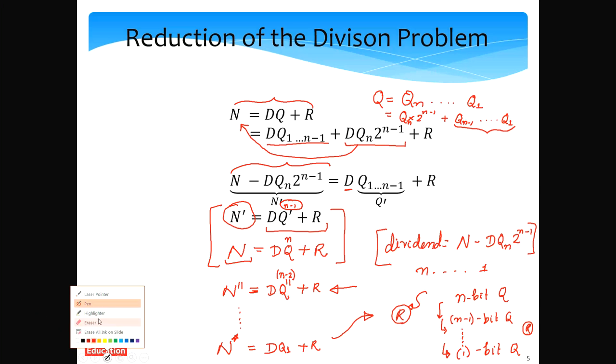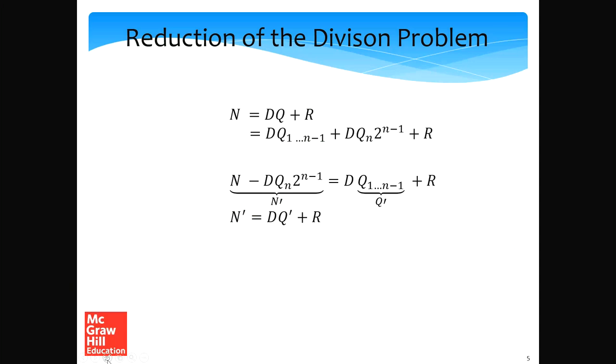And the secret sauce here is how on earth do we compute the nth bit of the quotient? Because if we can do that, then we'll be able to solve the entire problem, because at every stage, what we will do is that we will keep on reducing the problem to a smaller version till we reach the end, we get all the bits of the quotient, and what's left will be the remainder.